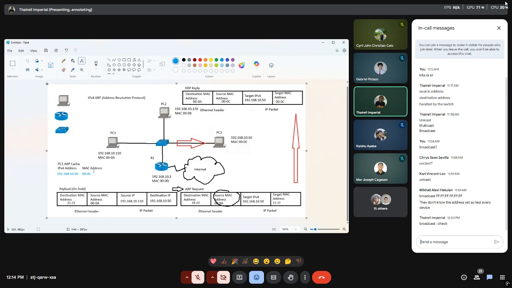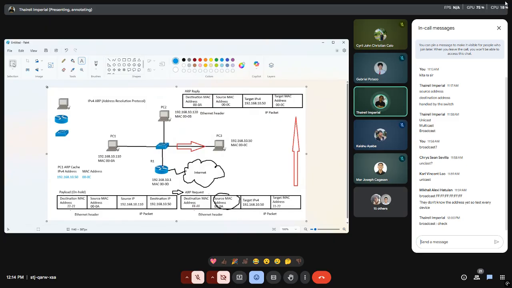The received packet will be encapsulated, this ARP reply over here. Okay, so this will be received. It will be de-encapsulated, containing not only the target IPv4 information, but also the target MAC address of that corresponding IP address.